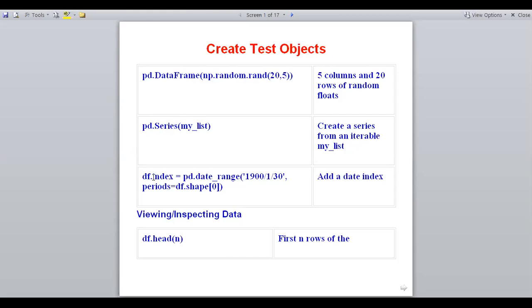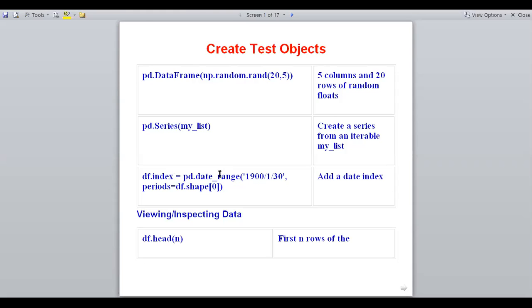Now pd index, df.index. What is df? This is a short name I have written here for the data frame. df.index equals pd.date_range from pandas. In the data frame I am creating an index equal to pd.date_range.